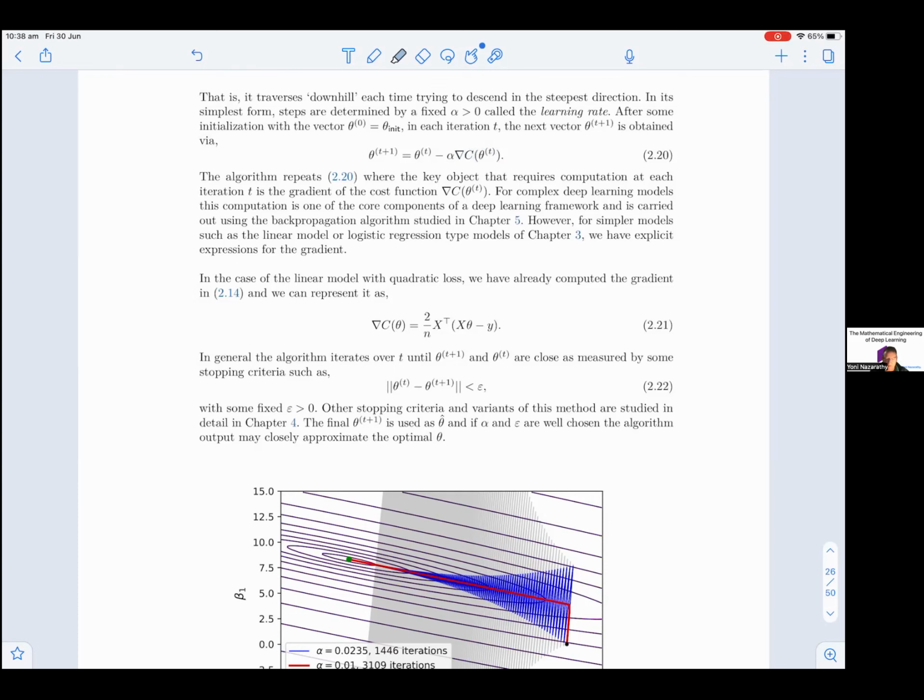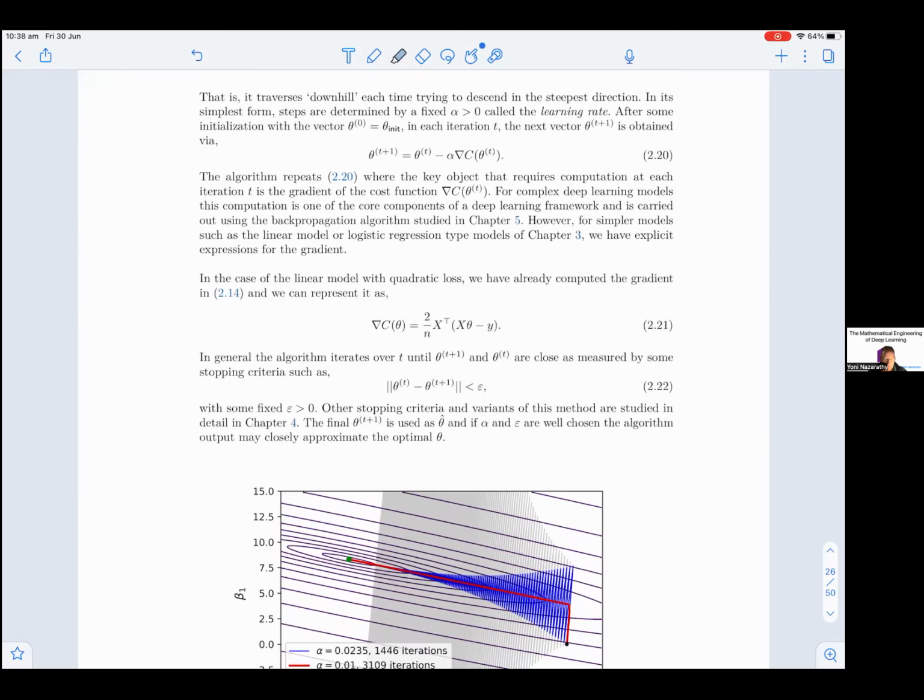The algorithm repeats equation 220, where the key object that requires computation at each iteration t is the gradient of the cost function, gradient of C at theta t. For complex deep learning models, this computation is one of the core components of a deep learning framework, and is carried out using the backpropagation algorithm studied in Chapter 5. However, for simpler models, such as the linear model or logistic regression type models of Chapter 3, we have explicit expressions for the